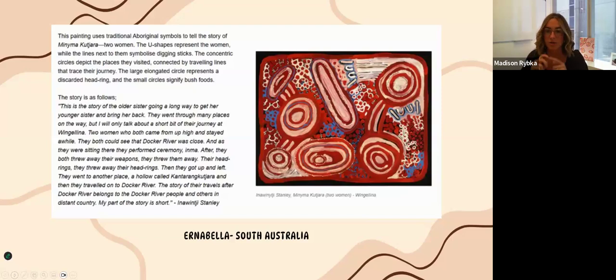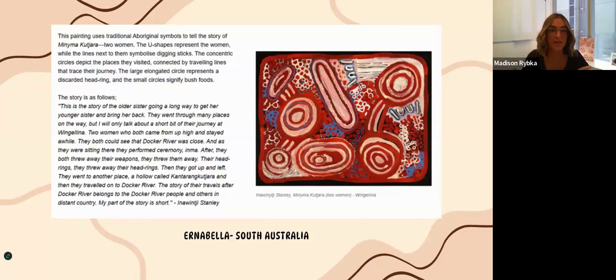So I would speak to the students, saying we're going to unpack this painting. Who is it by? It's from South Australia. This painting uses traditional Aboriginal symbols, as we can see here, and then it gives us information about what the symbols are. So I would be talking about the U shape representing women sitting down. As you can see here, usually when you're sitting down and you stand back up, that's the shape it makes